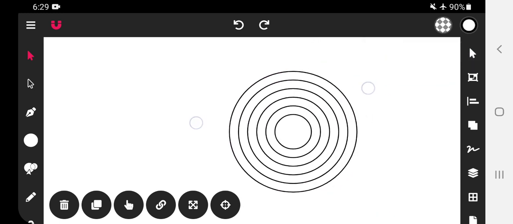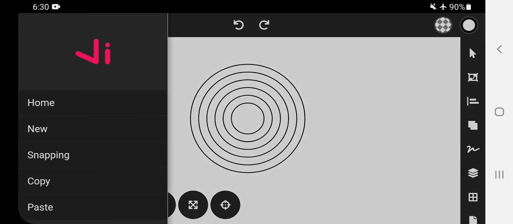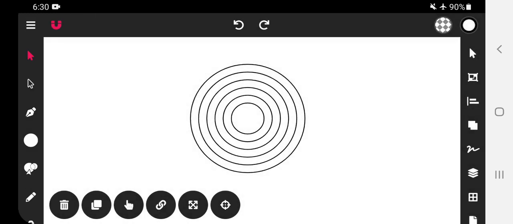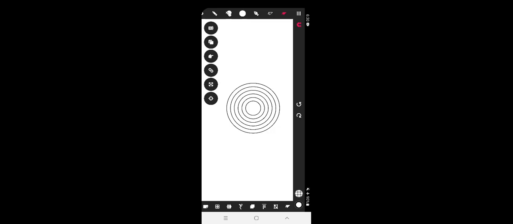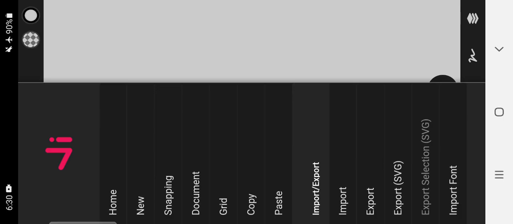Now we will have to activate the grid option. When you are holding it horizontal, the grid option is available over here. Whereas when you are holding it vertically, you have to go to this menu and from here you can select the grid option.